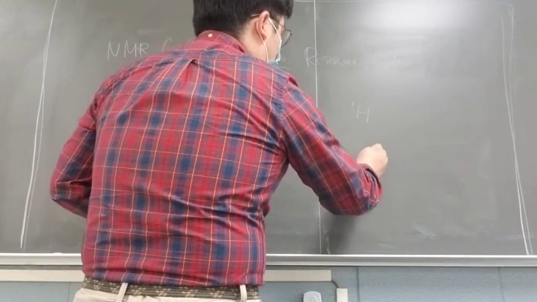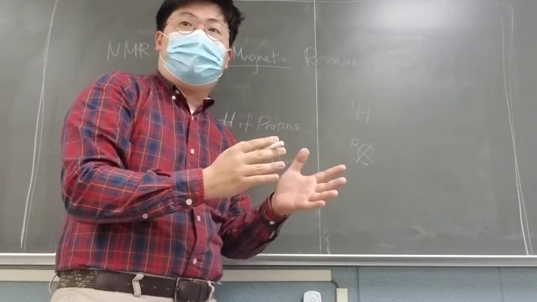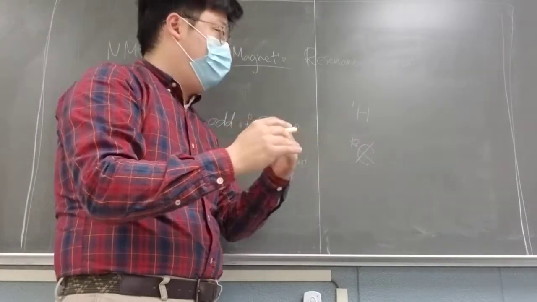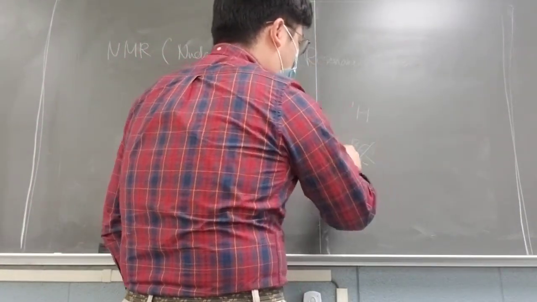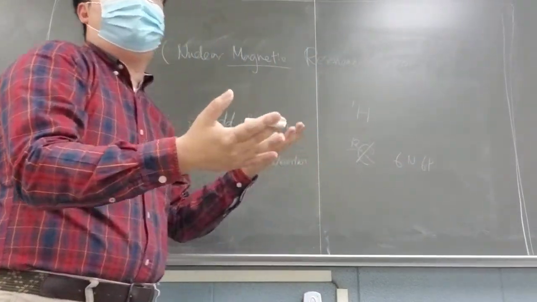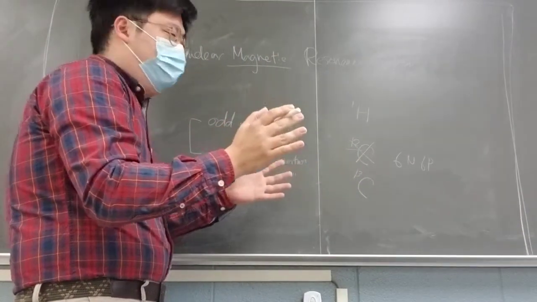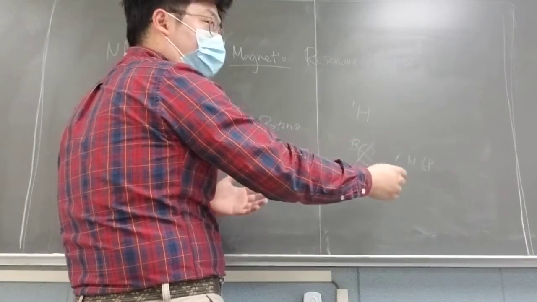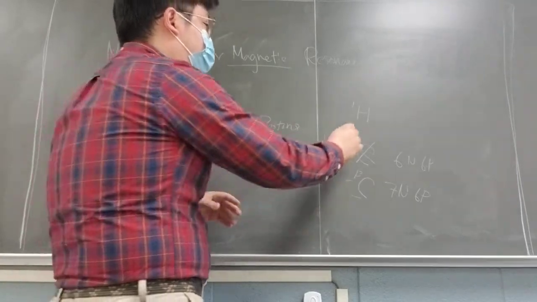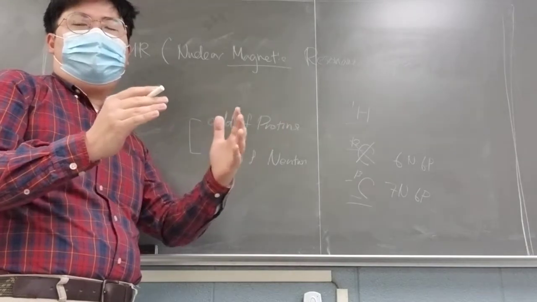That's good. But unfortunately, we cannot use carbon-12, because as you know, the atomic number for carbon is 6, meaning the number of protons in carbon-12 is 6. So it's an even number. The atomic mass number is 12, so 6 neutrons and 6 protons, they're all even numbers. So we really can't use it. But luckily we have a very small abundance of carbon-13, which has 7 neutrons instead. So these two are the things that we normally use. You can use all the elements with odd numbers of protons or neutrons,